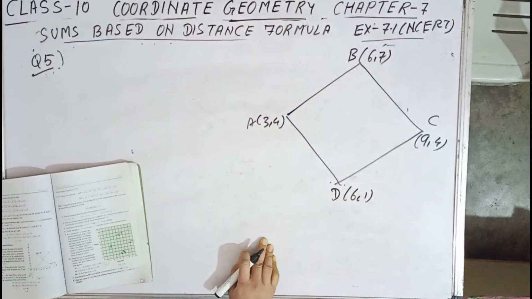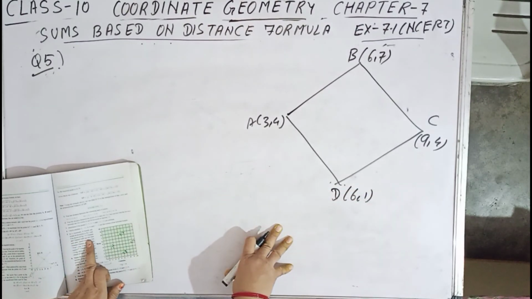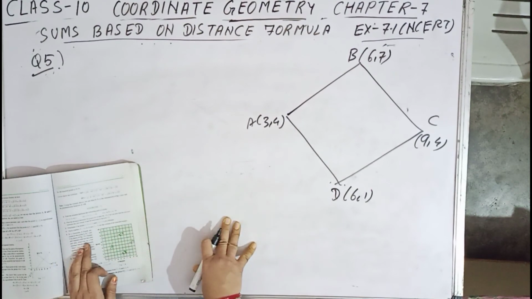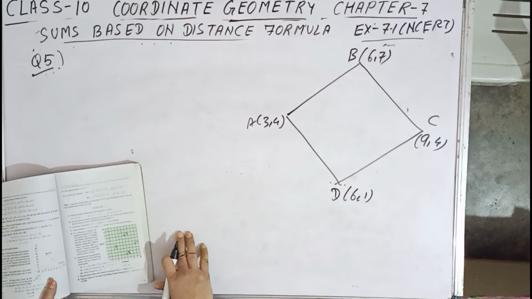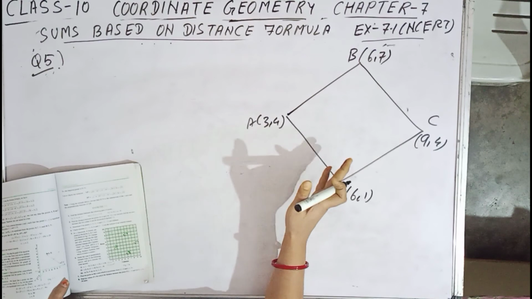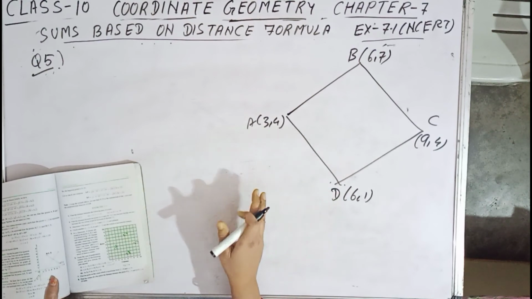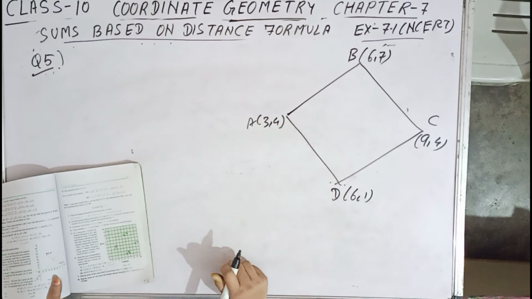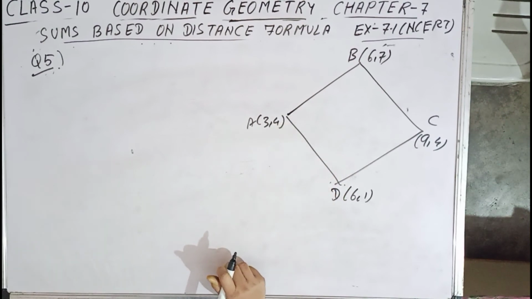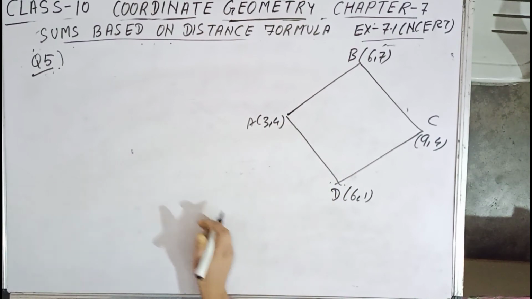Now, in a classroom, 4 friends are sitting like this. Now, Champa and Chameli walk into the class, and after observing for a few minutes, Champa asks Chameli, "Don't you think ABCD is a square?" Chameli disagrees. Using distance formula, find which of them is correct. Means we have to check whether Champa is correct or Chameli is correct. Champa is saying that it is a square. Chameli is saying it is not a square. Now for a quadrilateral to be a square, all sides are equal as well as the diagonals are equal. So we have to check all the sides and plus the diagonals.